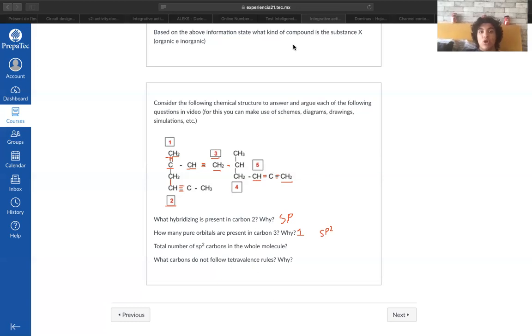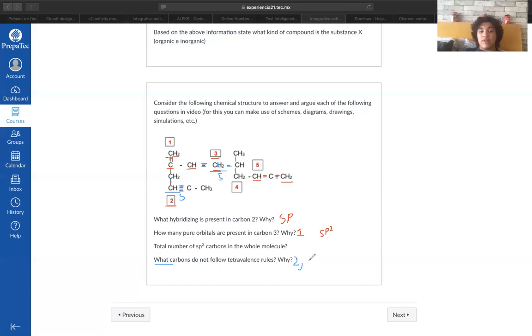Then, for our last question, what carbons do not follow tetravalence rules? We can see that this one and this one. Why? Because if we count the total of bonds, 1, 2, 3 lines, 4 lines plus an H, which means it has a total of 5 bonds. So it does not follow tetravalence rules. And also this one, number 3, because if we count them, 1, 2, 3, and it has 2H. 2H adds another 2 more bonds, which is a total of 5. So these ones are the only two that do not follow